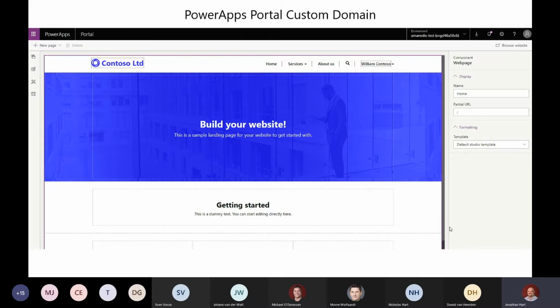There is a nice guide online. If you go to the documentation site, I will share it afterwards, which takes you through firstly creating that custom domain name for the portal, and then also how to go about importing that certificate file from your certificate provider. It can't be an internal cert. It does need to be a publicly signed cert, and it does need to be in, I think it's PEX format. And then there is another blog guide that shows you how to just convert your normal PFX files into the PEX files for that to work correctly. So check that out.